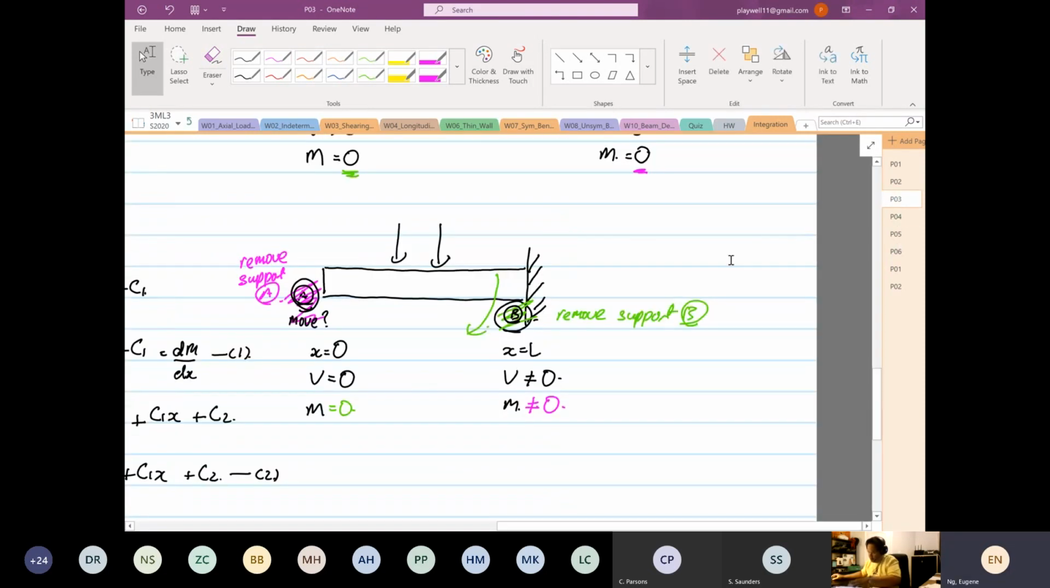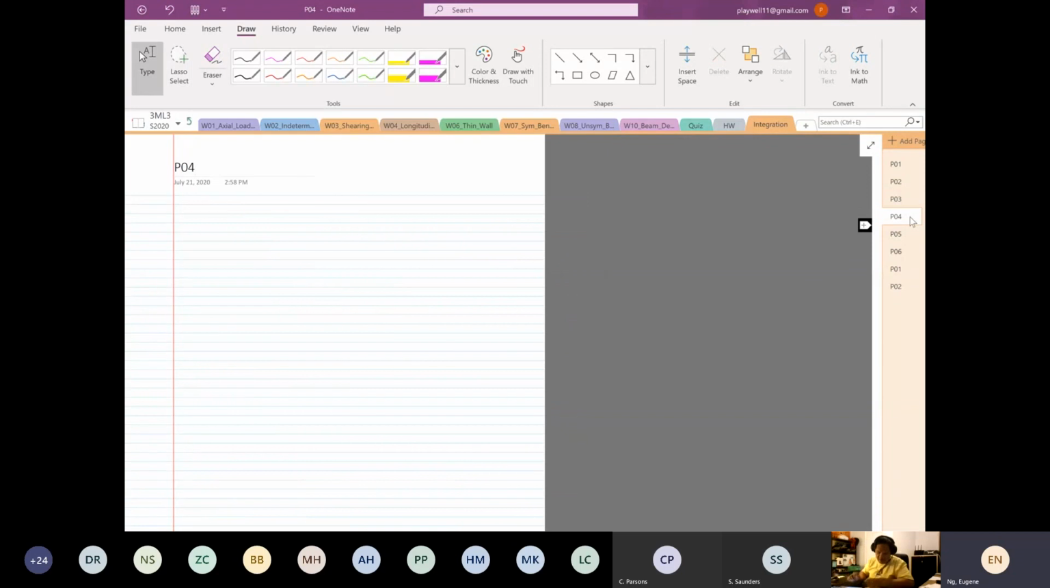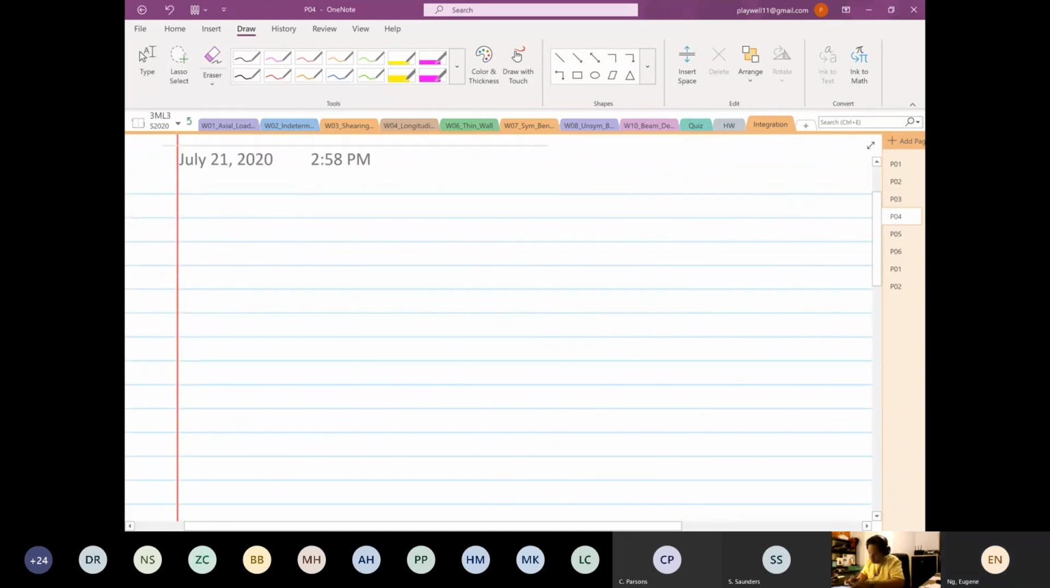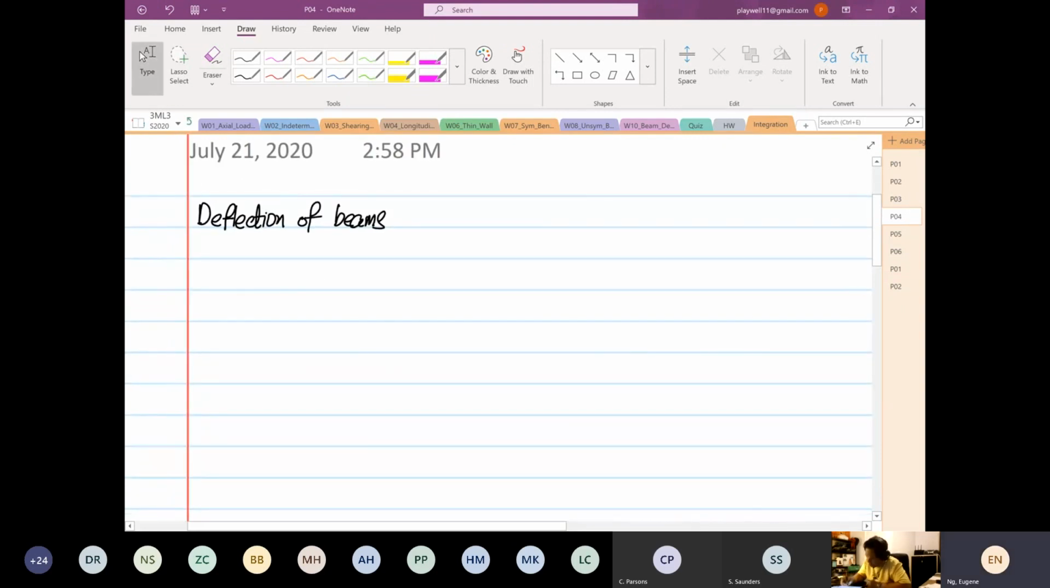Right. So now, the next thing that we're going to go for, I hope that is clear for every one of you. Okay. So the next one that we're going to go for, we are going to look at deflection of beams using the elastic curve method. Okay. So again, our